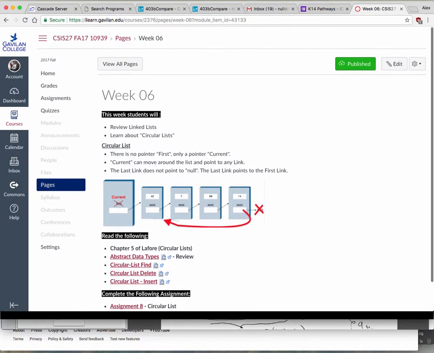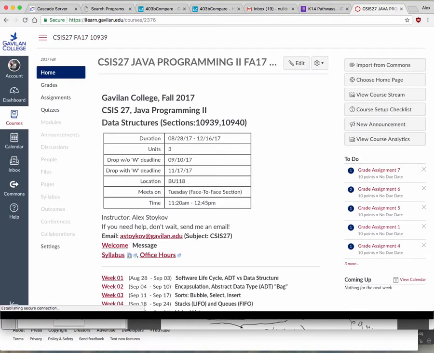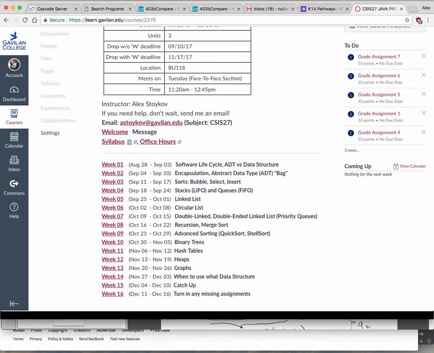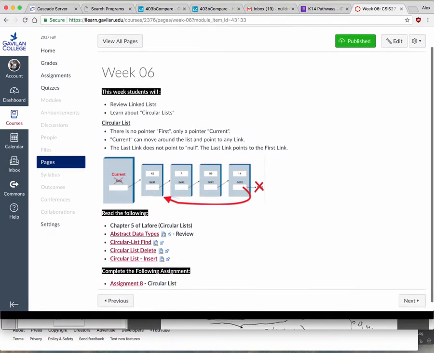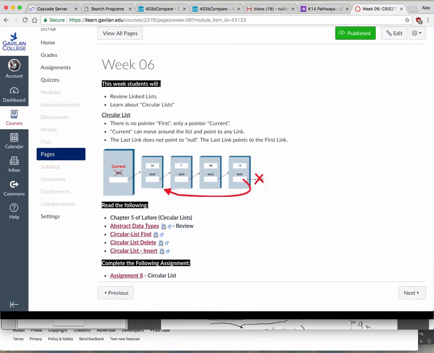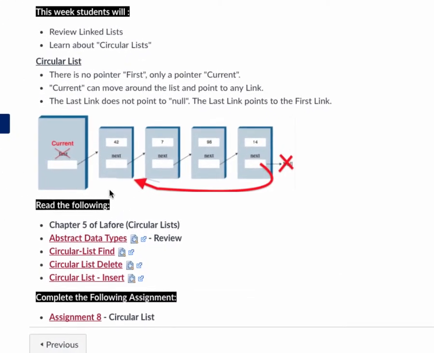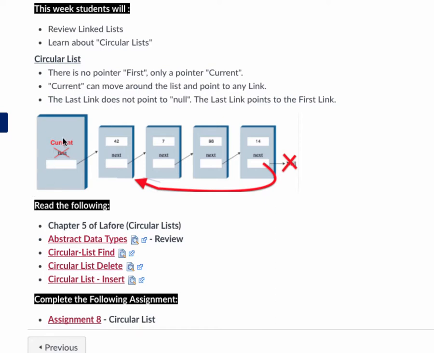All right, so we are in week 6, and week 6 talks about circular lists. And circular lists are very similar to that one first kind of a list that we had, except what you do is you don't really have a concept of a first, right? Instead, you're going to have a link which is called current, and that link can move around the chain of links,